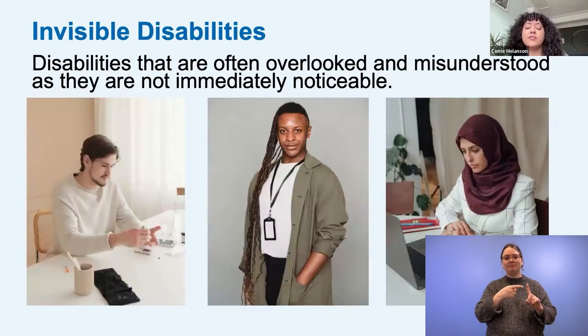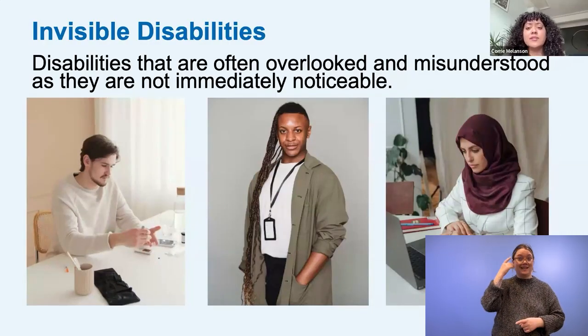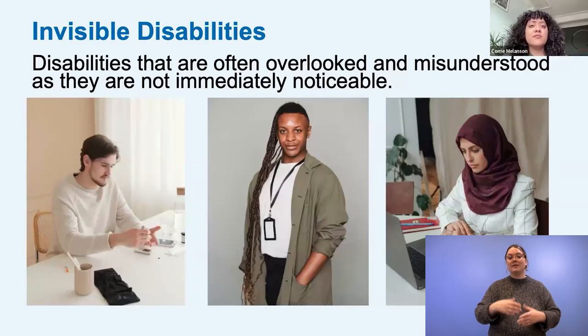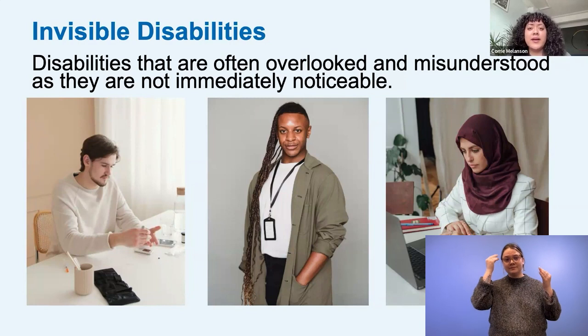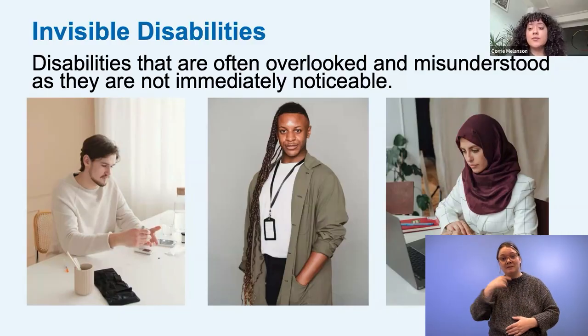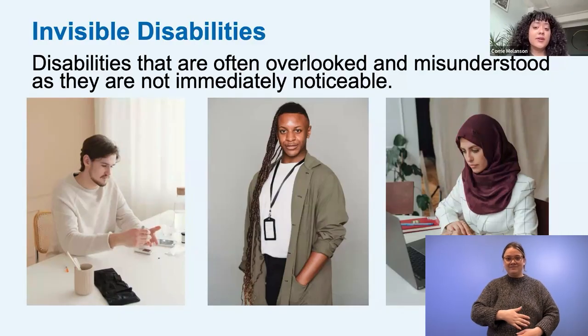These can be overlooked and misunderstood as they may not immediately come to mind when you think of disability, and they are not physically visible. So sometimes misinformation regarding these disabilities can lead to ignorance and stigma about the experiences of people living with invisible disabilities. So it's important to keep this in mind when we consider what equitable access looks like in our environments. So some examples of invisible disabilities include mental health conditions, learning disabilities, diabetes, brain injuries, gastrointestinal conditions, chronic pain, and more.